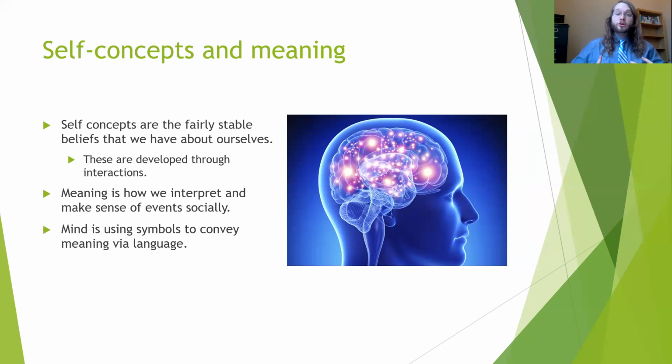It's a stable belief in who you are as a person. That is, no person was created on an island, right? People over time in developing who they are as human beings have done so through relationships. If you're an outgoing person, you know that you're outgoing because you've met people that are not, and you've contrasted yourself with others. Meaning then is how we interpret and make sense of the social experiences and relationships that we form with others.